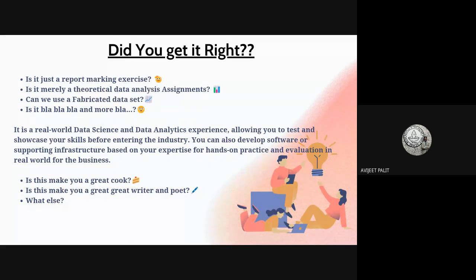Like if you gather some insight that the inventory of the business is not optimized, the reason is they are not able to gather the data, or they are not maintaining the data properly, or their data maintaining system is not good, then you can actually go and develop a software, because here you can test your software development skills, and you can also use some AI and ML infrastructure or predictive analysis infrastructure in your software to help the business, based on your analysis, to solve this inventory problem or whatever it is. Like it can be a sales problem or something.